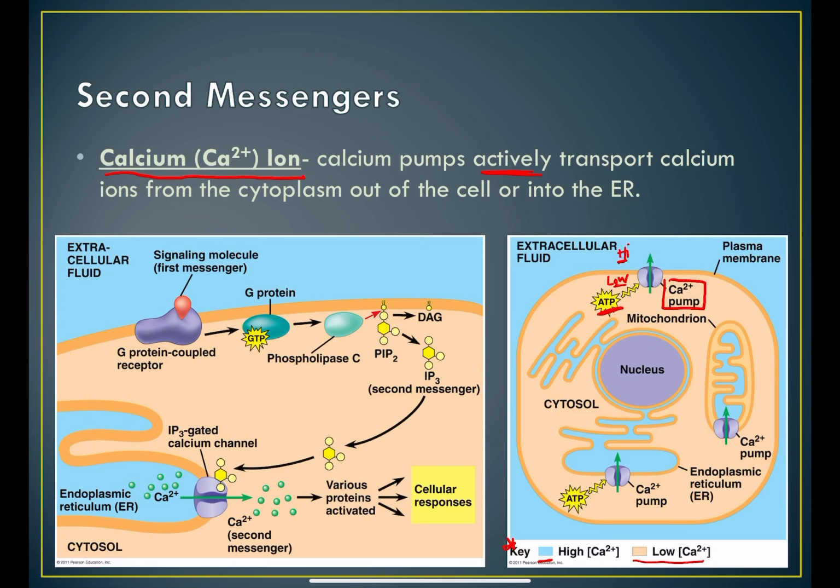So, sorry, back to this second messenger. Those calcium ions are going to allow active transport from the cytoplasm out of the cell, or we also see them here into the endoplasmic reticulum. Okay, again, active transport from low concentration to high concentration of calcium ions. Okay, and so our second messenger, if you look at it here,